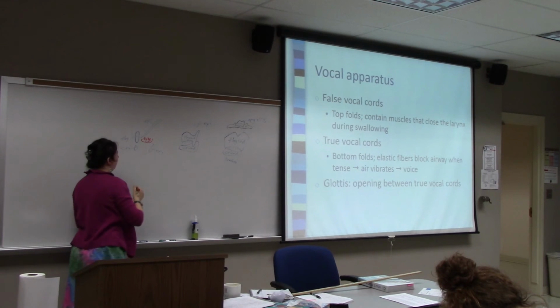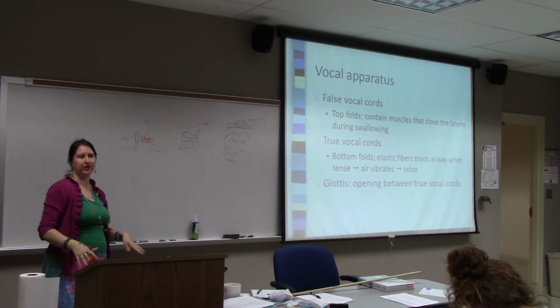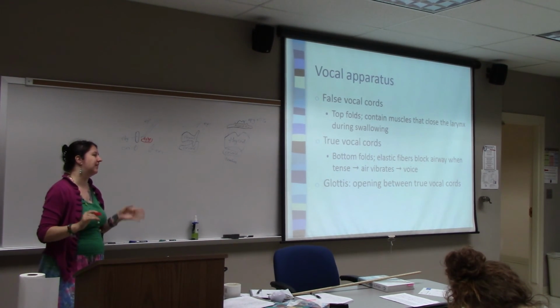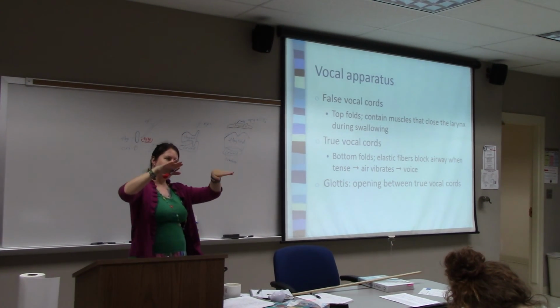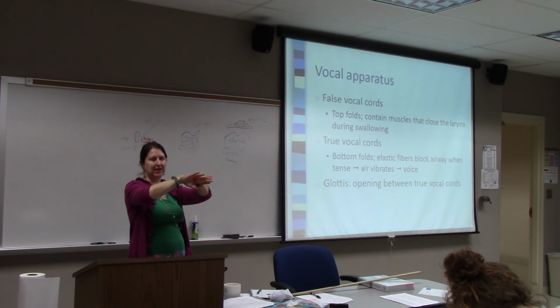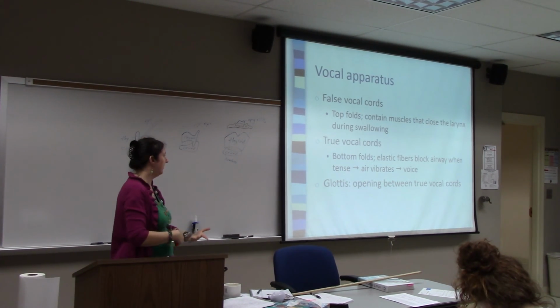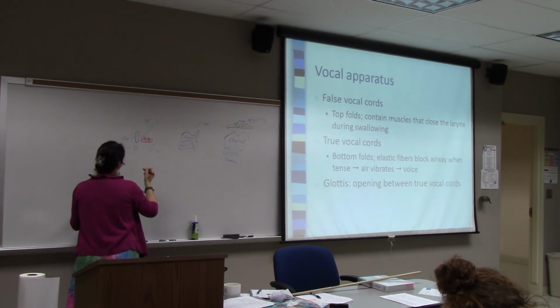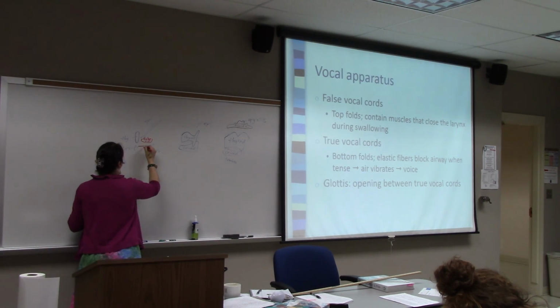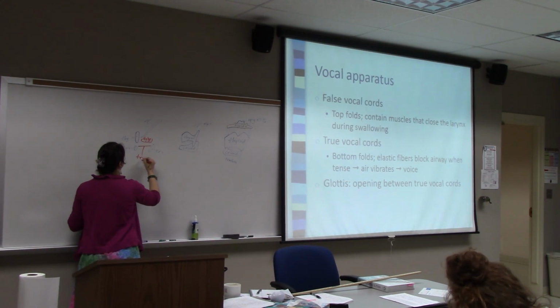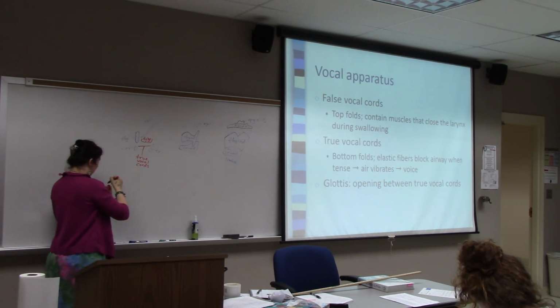They're sometimes called false vocal cords because they're not the ones that vibrate and make sound. What they are is another layer of protection to keep things from getting down into the deeper airways when you swallow. The true vocal cords are below the